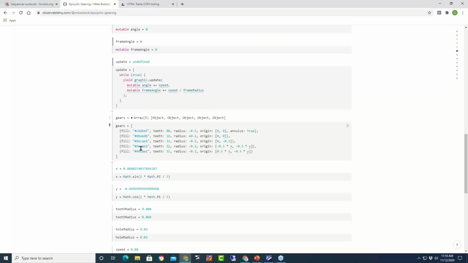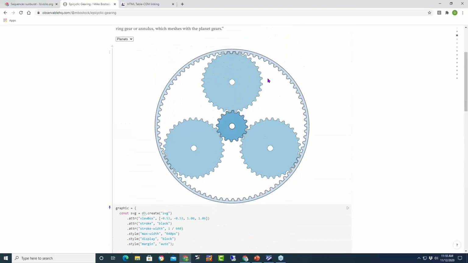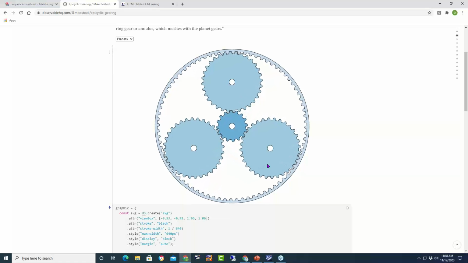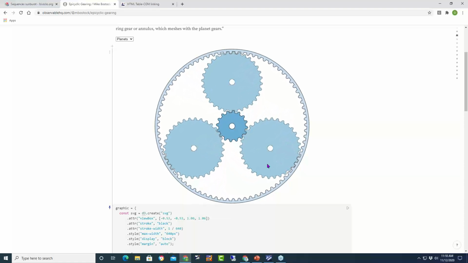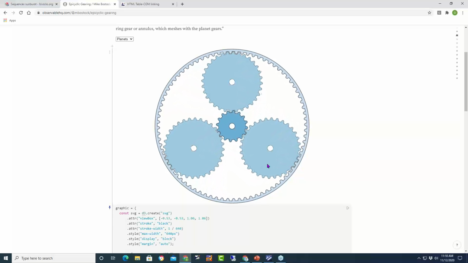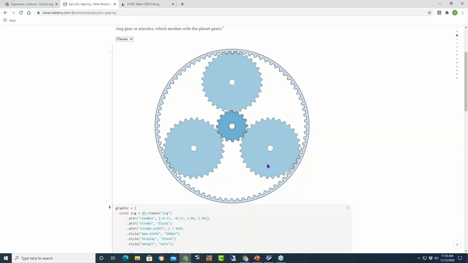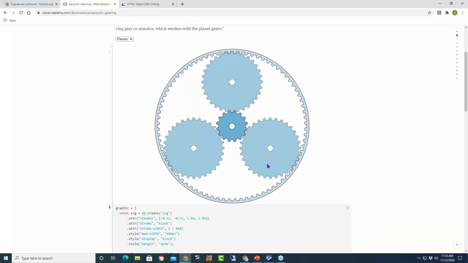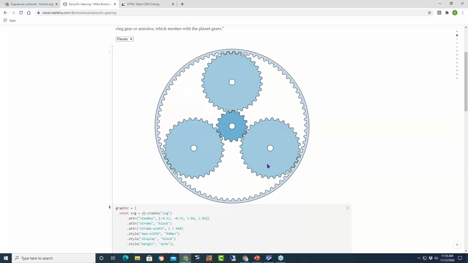You can see the number of teeth on each wheel, and you can actually change this in the text here, and you can even change the speed of this. So some really nice examples of how you could use SVG to make it more interactive or more explanatory of the information that you're presenting. And this is all vectors as well, which is good, so you can change it very easily.